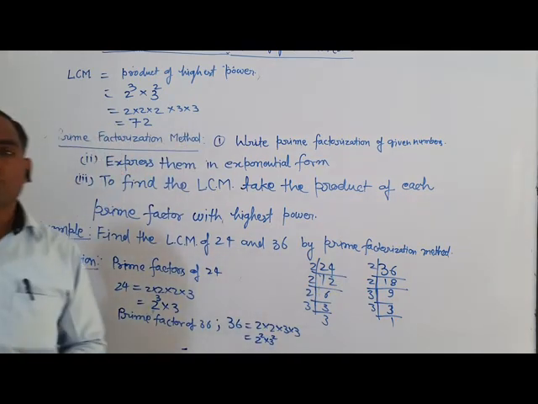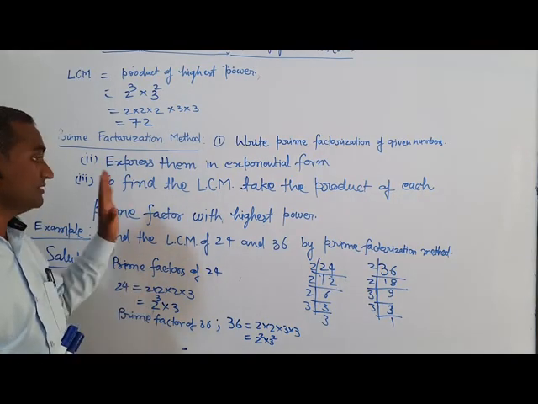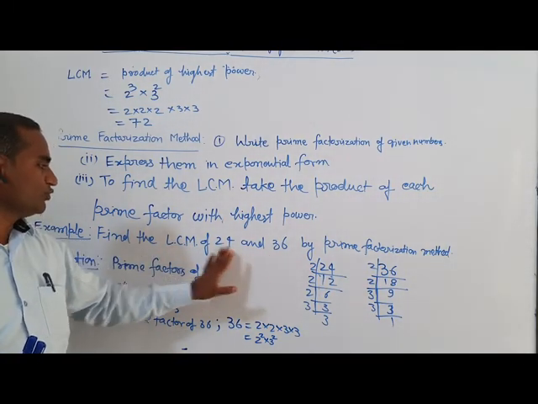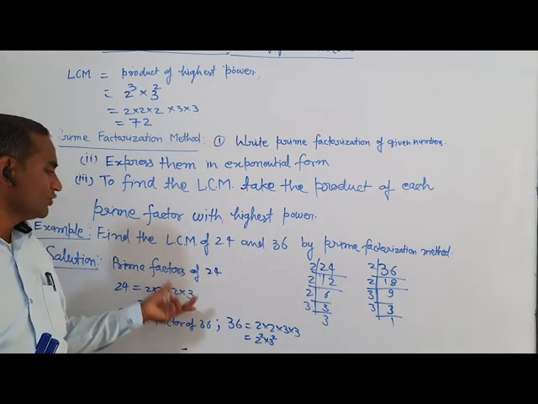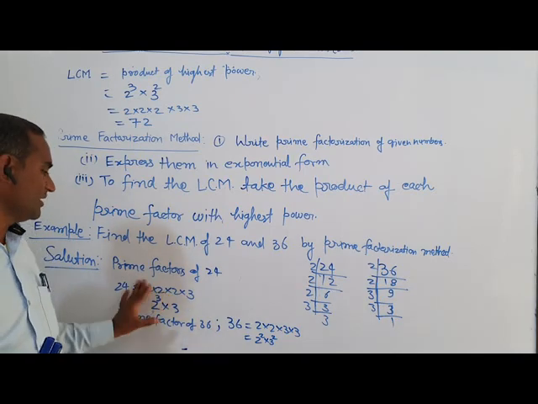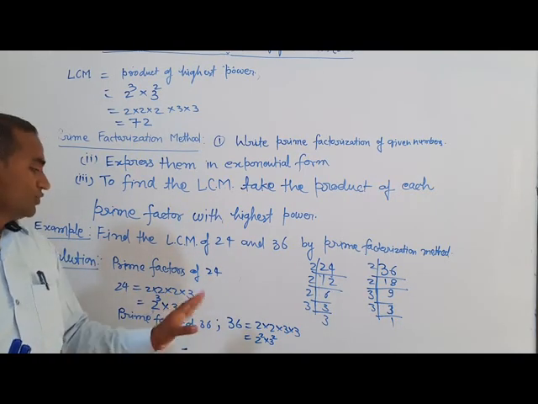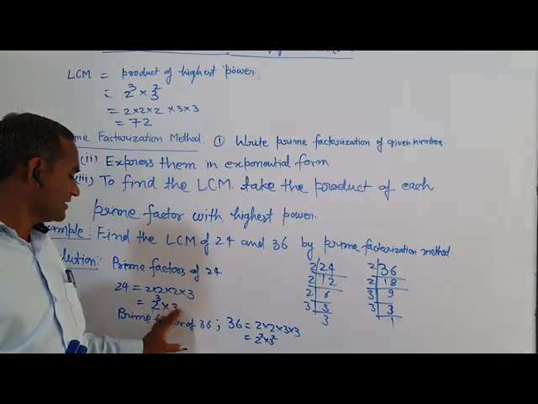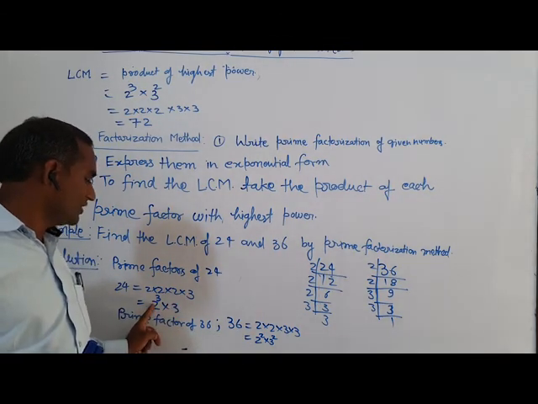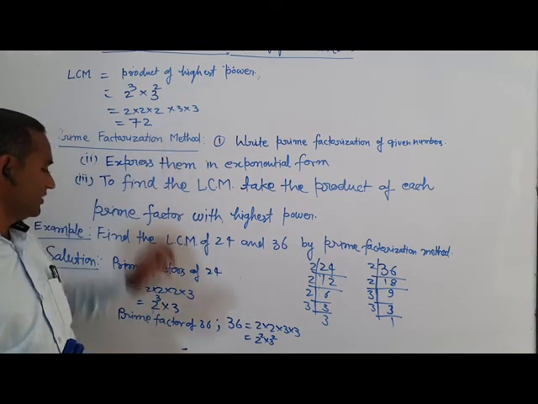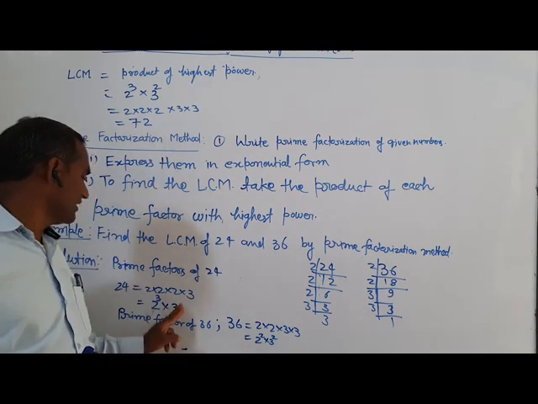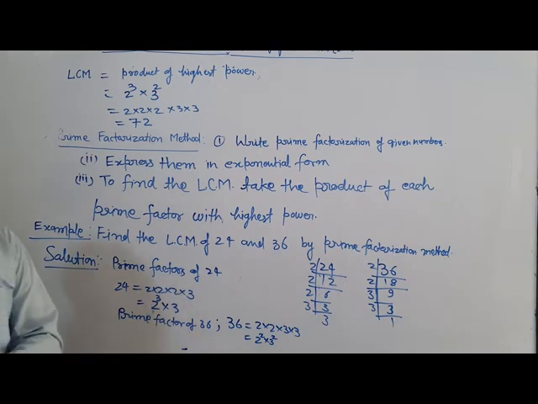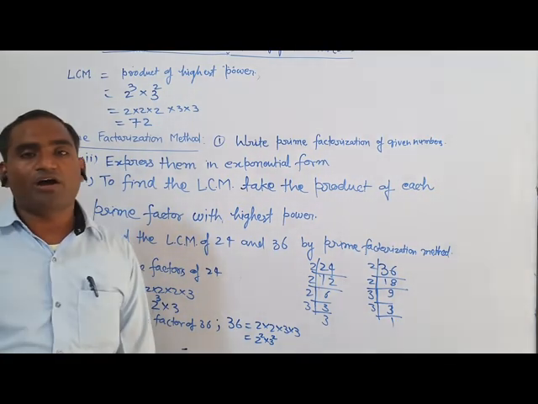I think all of you have understood. Whenever you find the LCM of two numbers, you factorize both numbers. Then among the factors, match the common factors in both and keep the one with the highest power. For the ones that don't match, keep them as they are. Here 2 raised to the power 3 is the highest, and 3 raised to the power 2 is the highest. Multiply them to get 72. In this way all of you can find the LCM with the help of prime factorization.